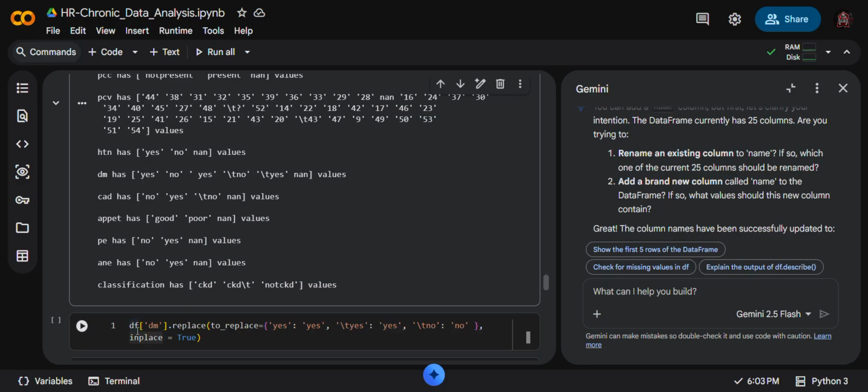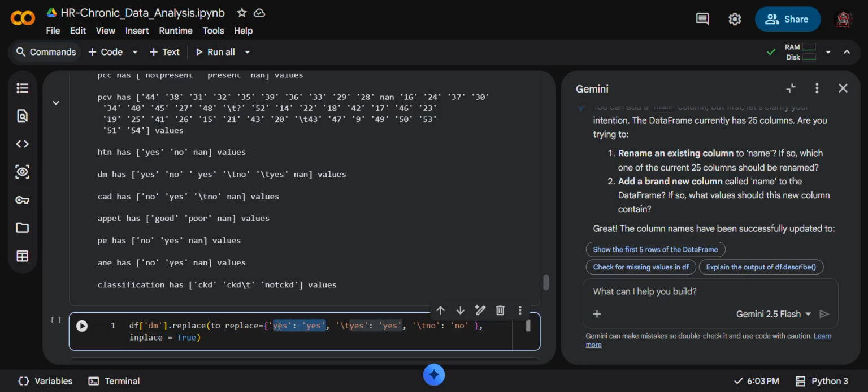So simply I put define df for dm.replace, to replace is equal to yes is equal to yes. Now this is okay, but still this is a proper syntax command. So now this is the main stuff.